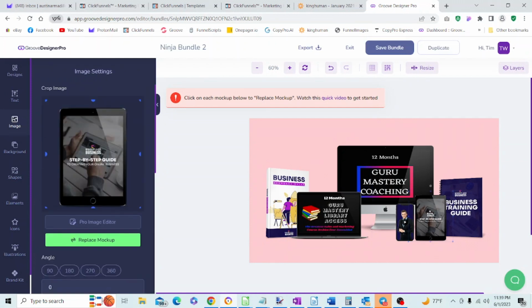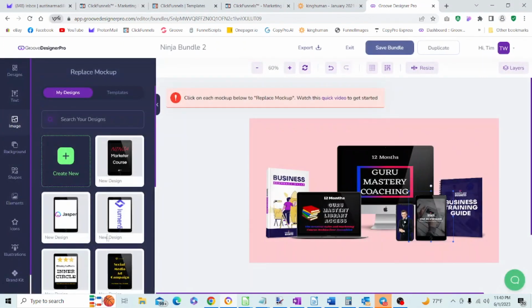And you see, you can move your items around on here if you grab them. But I want to kind of keep them where they are, because these templates have a nice arrangement and they're proportional to each other, and generally I just will go with them as they are. But anyway, we have selected the tablet, choose replace mockup, choose create new,